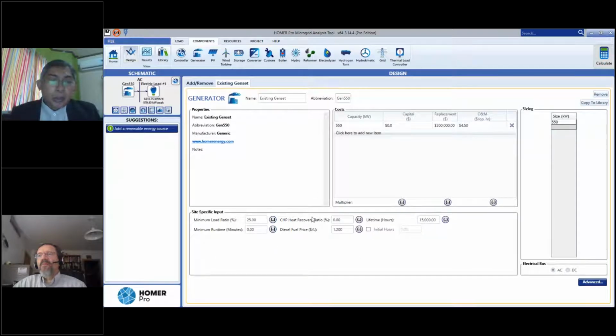So we have here at the bottom the minimum load ratio. By default, it's 25, but in this case, we're setting it at 30. So that's the minimum capacity that the genset should ideally be running. And for the lifetime, the default is 15, we set it to 60,000. Okay. So then